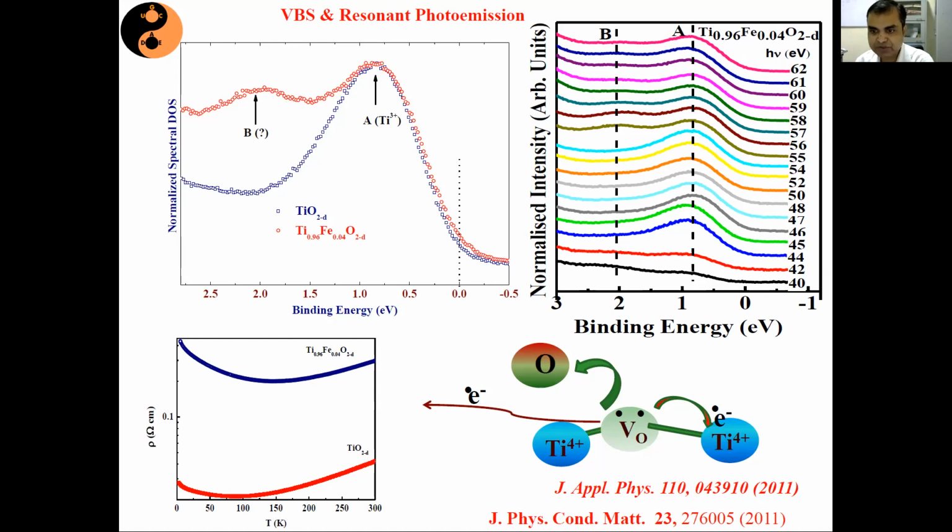And that is why we are having a finite density of states at the Fermi level. And here is the cartoon which is shown here, that suppose in my system we had this oxygen vacancy. Earlier this oxygen, had it been there, this was connected with the 2 titanium with its neighboring ions, right?